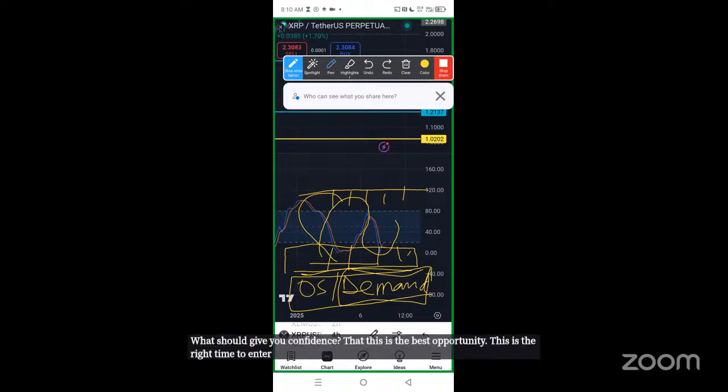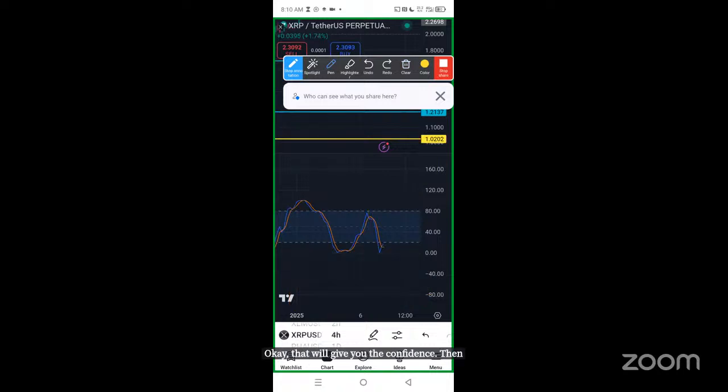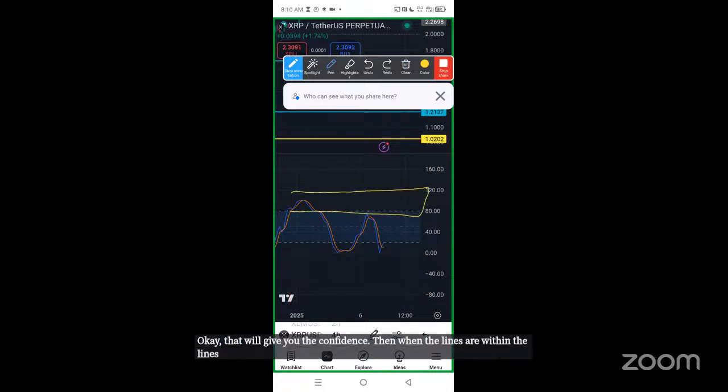I'm going to show you. There is something that happens within these two lines that will give you the confidence. Then when the lines are within the overbought region, because this is called the overbought region, once you see the line has entered the overbought region, what